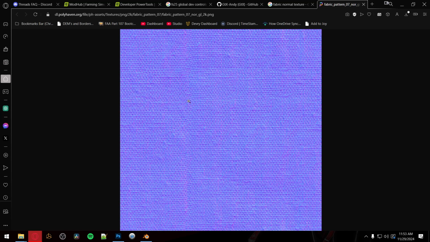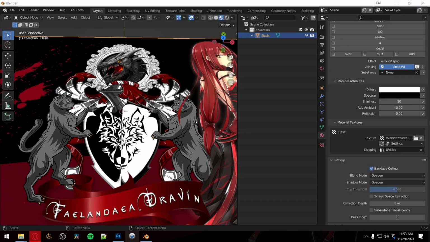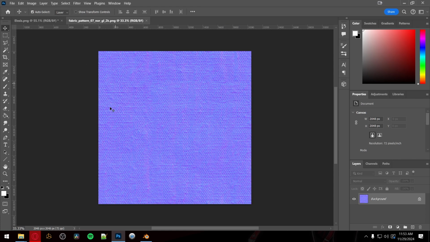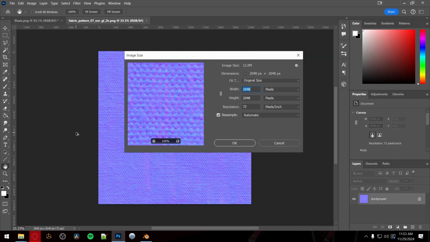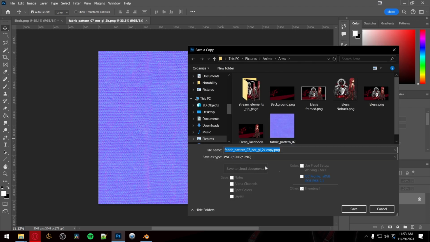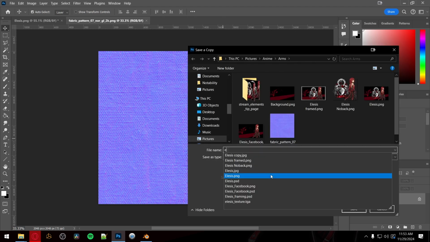This is perfect. All right, so I'm gonna grab this. You could grab whatever strikes your happy fancy. So now I'm gonna minimize that. I'm gonna go to my Photoshop, and I'm gonna take that fabric pattern and pull it into my image program here. Let's press Control-Alt-I. Oh, it's already 2048 by 2048, so it's already fit for a DDS file. That's perfect. So I'm going to save this as